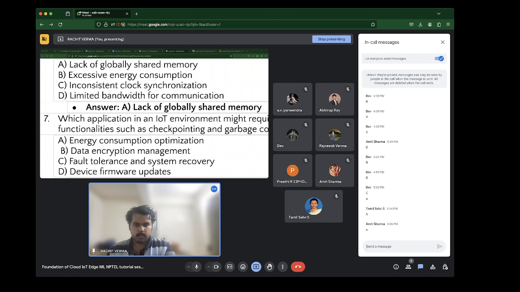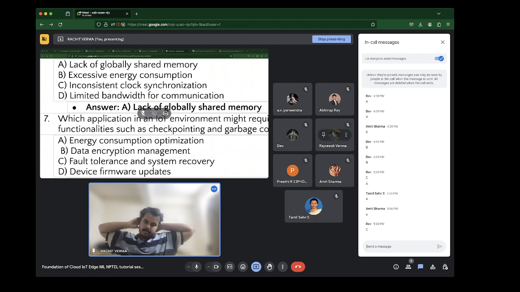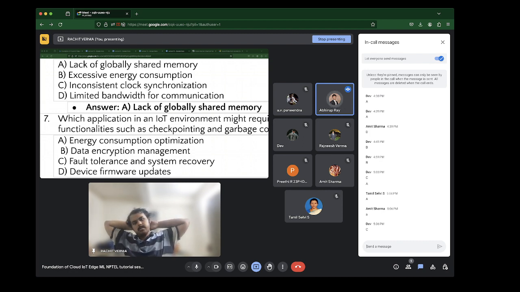A, energy consumption optimization. How is checkpointing linked to energy consumption? Garbage collection can be related to energy consumption. You deallocate resources that are not being pointed to by any other resources. Okay, fine, that is one way of thinking about it.